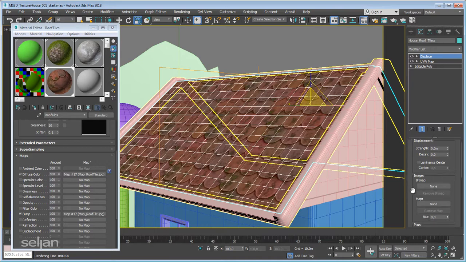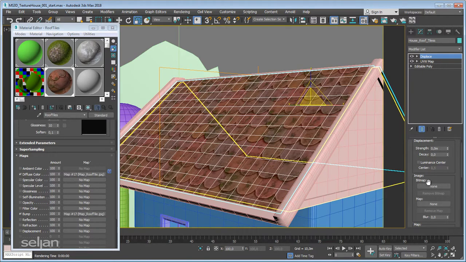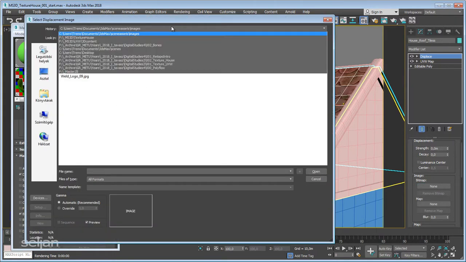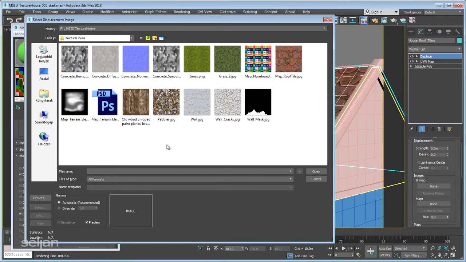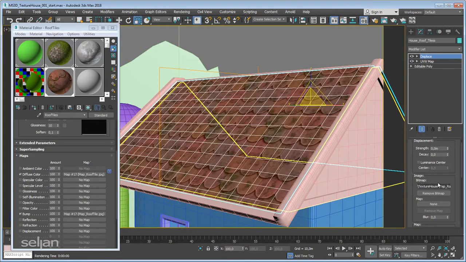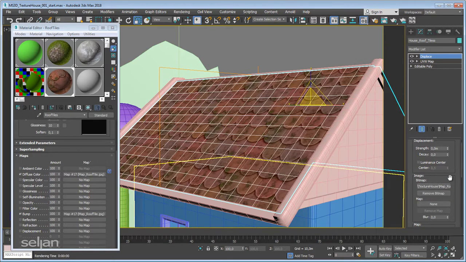That map, in this case, is a bitmap. It will be the same map as I've used previously as a diffuse color. So texture house, and that will be map roof tile. You cannot make it visible because it's not working as a texture, it's working like a map for the extrusion. Now the problem is there is no extrusion yet